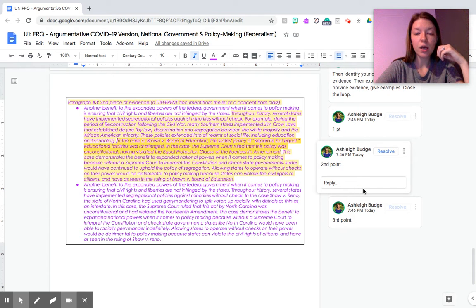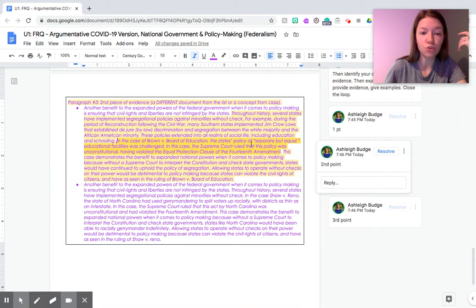The second point comes from really showing that I know what I'm talking about, and I'm going to use Brown v. Board to do that. In the case of Brown v. Board of Education, the state's policy of separate but equal educational facilities was challenged. In this case, the Supreme Court ruled that this policy was unconstitutional, having violated the Equal Protection Clause of the